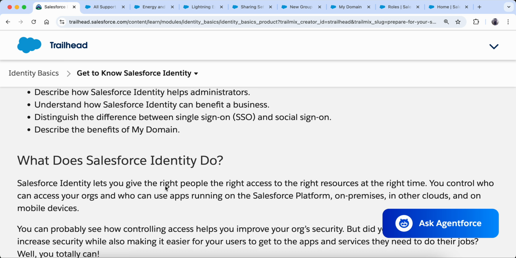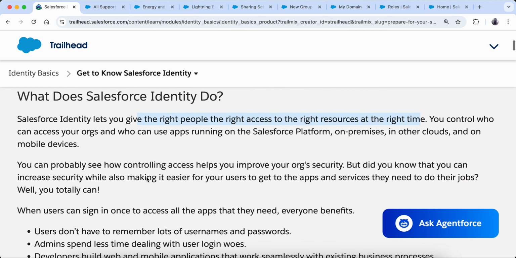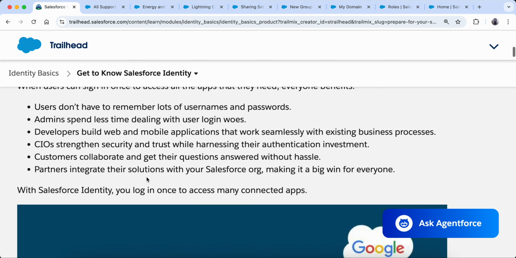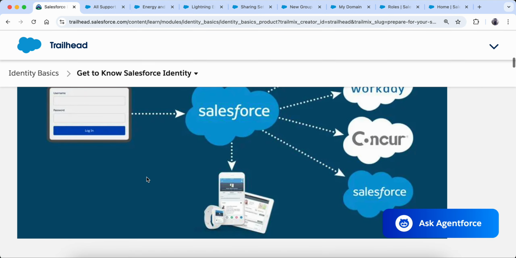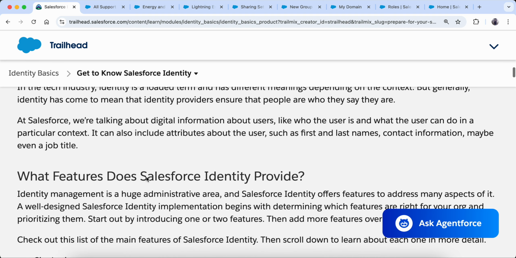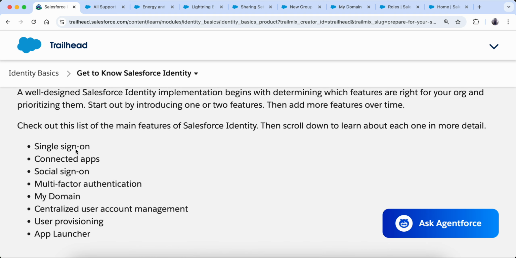So what happens with identity management is giving the right people the right access to the right resources at the right time. This is exactly what identity does, right?